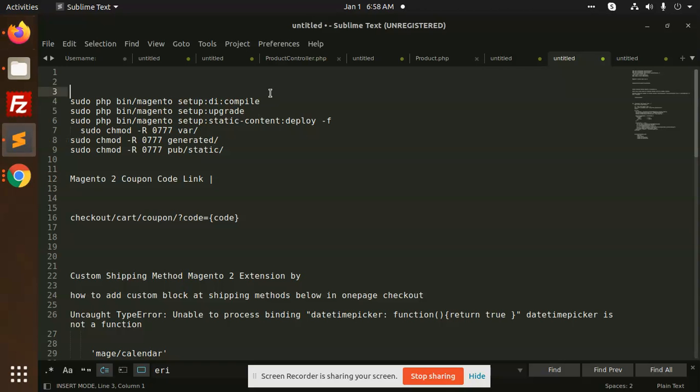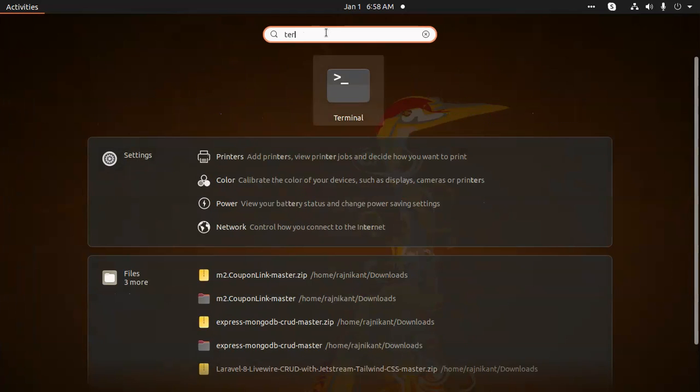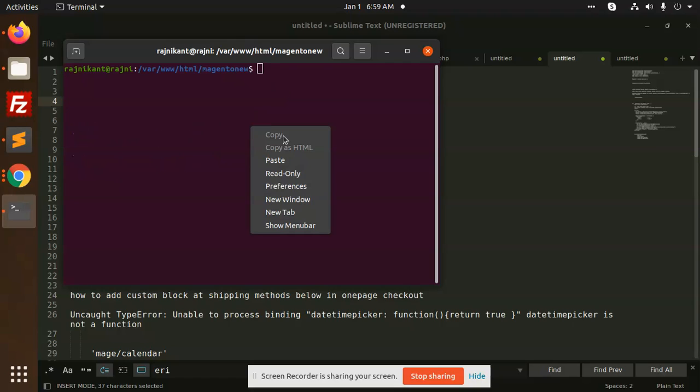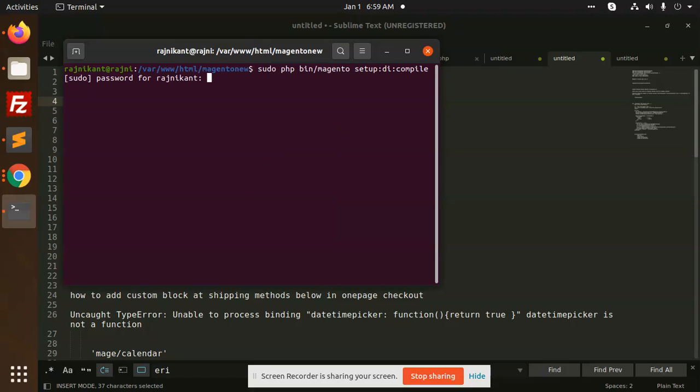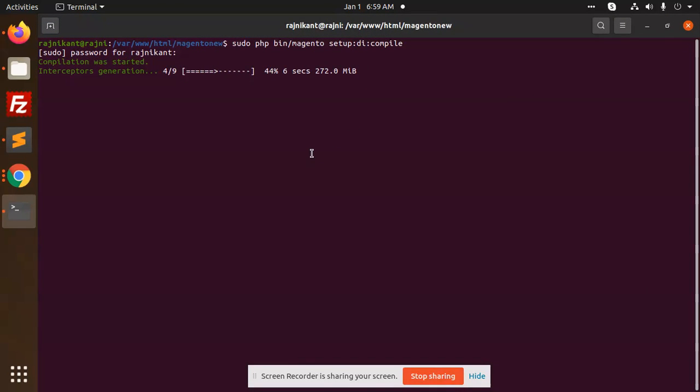So let me complete the compilation process. That is download. Upgrade.